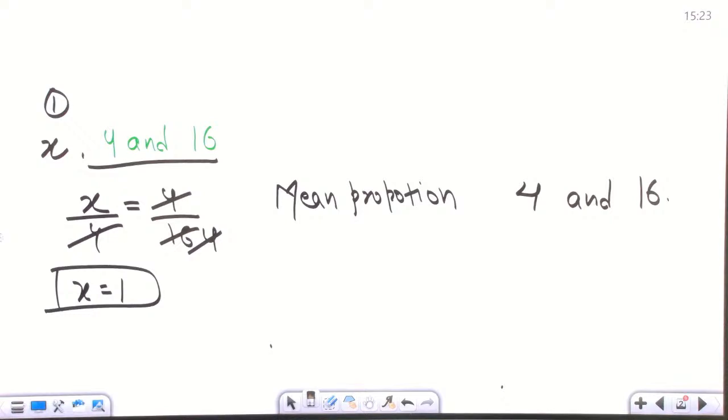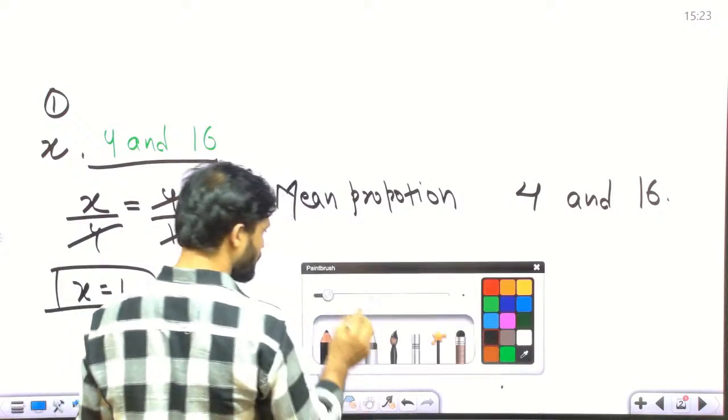The position of that mean proportion will be on the second. So x has to be on which position? Second. And do the question. Done? 8. How many of you are getting 8 as answer? Very good. In mean proportion, the position of x will be